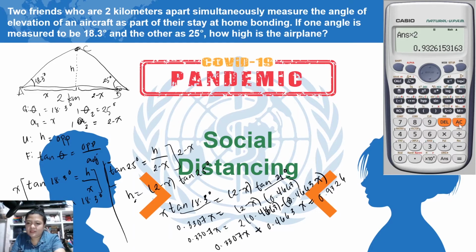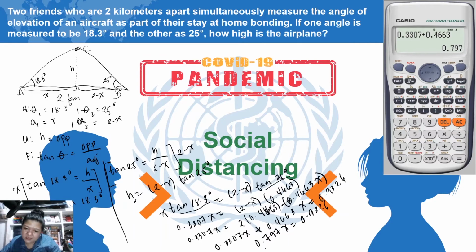So, i-add muna natin si 0.3307x plus 0.4663x. So, ang ating sagot ay 0.797. So, ito ay 0.797x equal to 0.9326. Okay, para makuha natin ang value ni x, kailangan lang natin i-divide